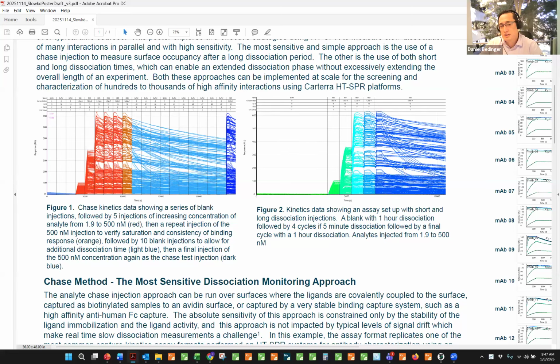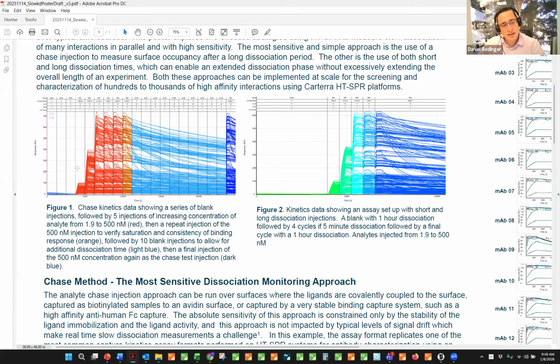So this experiment doesn't take longer to run than our standard approach, really, but we're able to collect an hour of dissociation data and really push the affinity estimate, or the dissociation estimate, down to about 1 times 10 to the minus 5, which is good to be able to do accurately in a full-scale screening type run without taking a long time. If you need to go even slower, there's another approach that we call chase kinetics, where